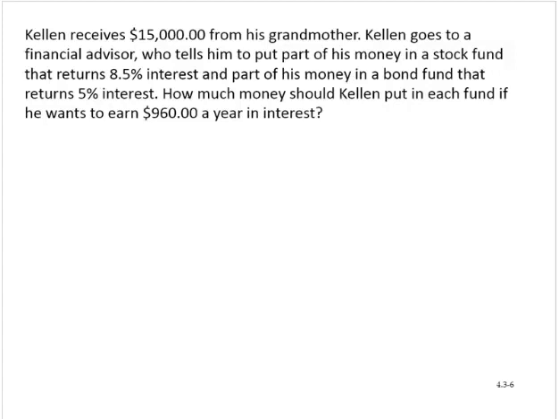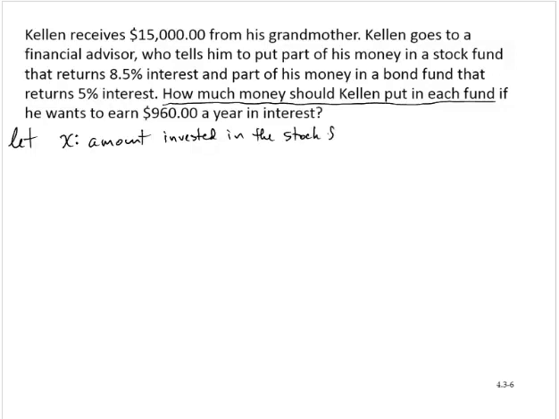And so again, the first question is, what are we looking for? How much money should Kellen put in each fund? We have two different funds, so we're going to have two different amounts, and I'm going to use the variables x and y to represent those amounts. So I'm going to say let x represent the amount invested in the stock fund, which is at 8.5%, and I'll let y represent the amount